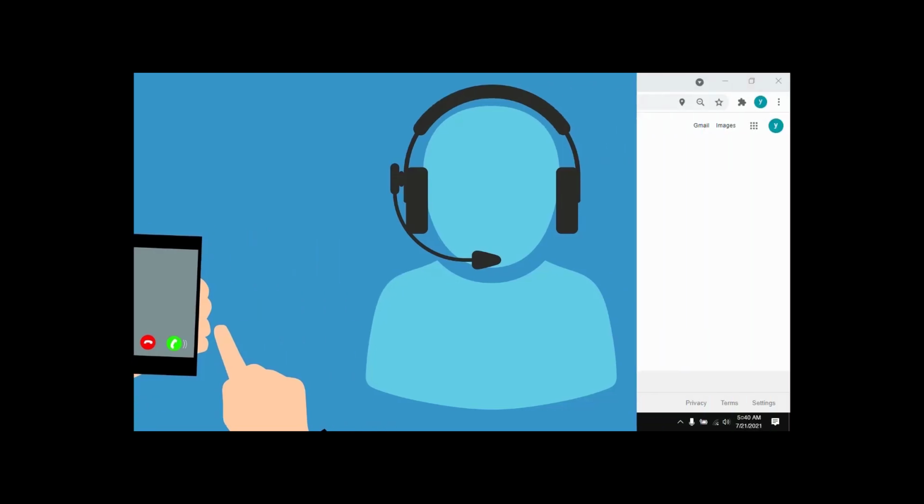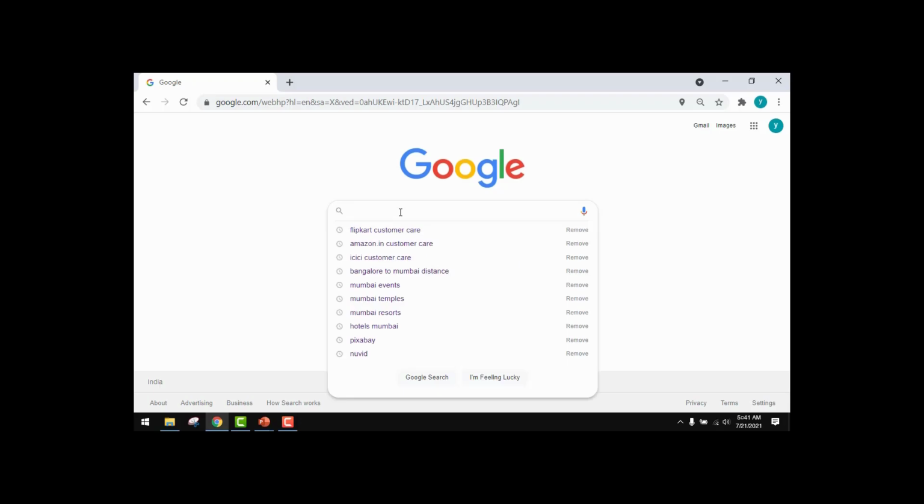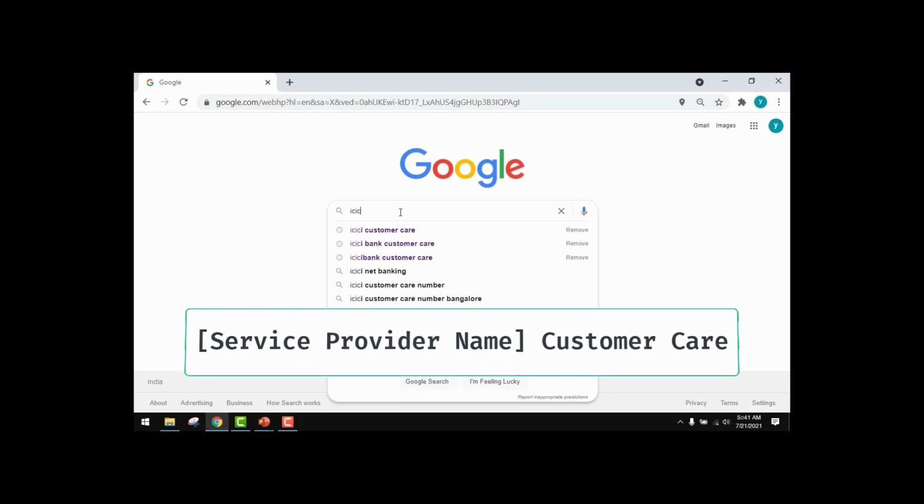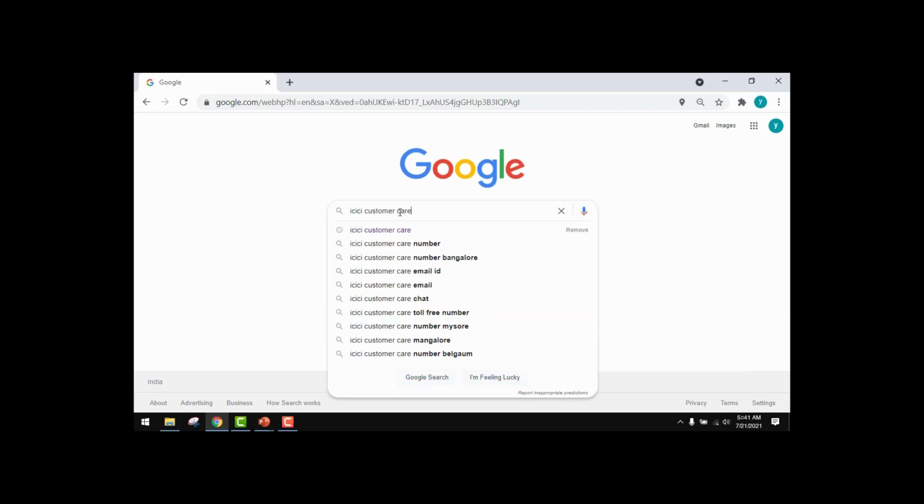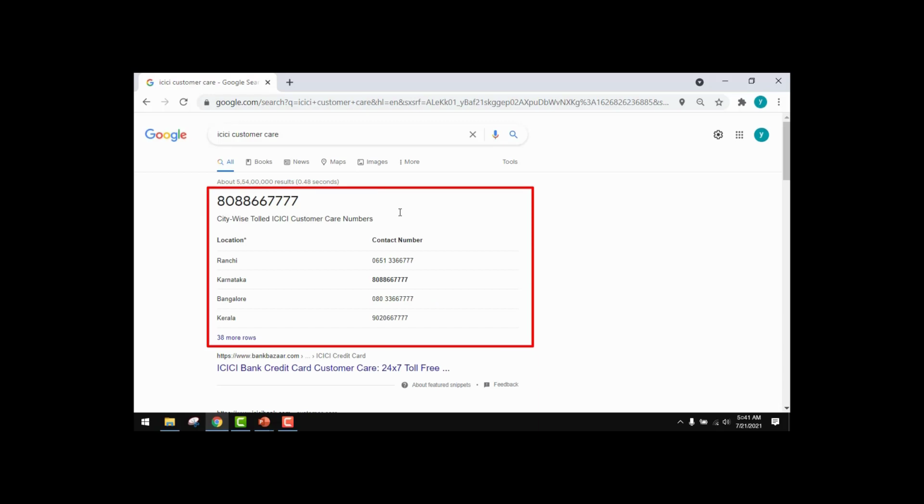This is a quick trick. Let us say you want to know the customer care numbers of a service provider. Then quickly you can go to Google search and query like service provider, here ICICI, space customer care. That's it. Press enter. And you are presented with the customer care number on the top of the search result